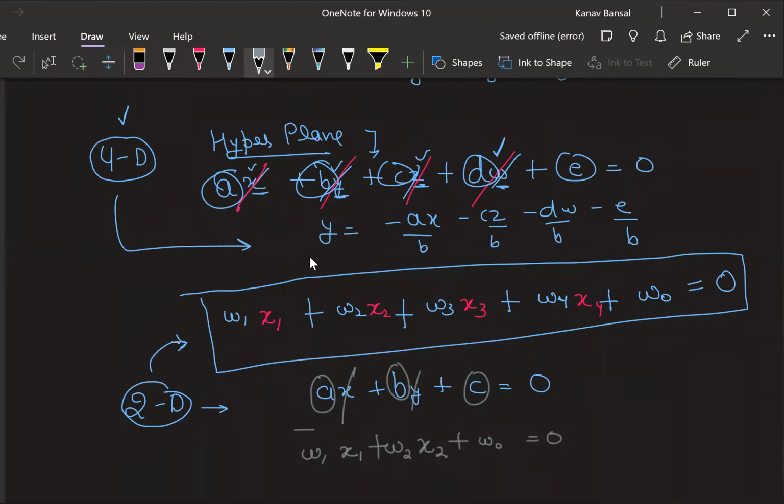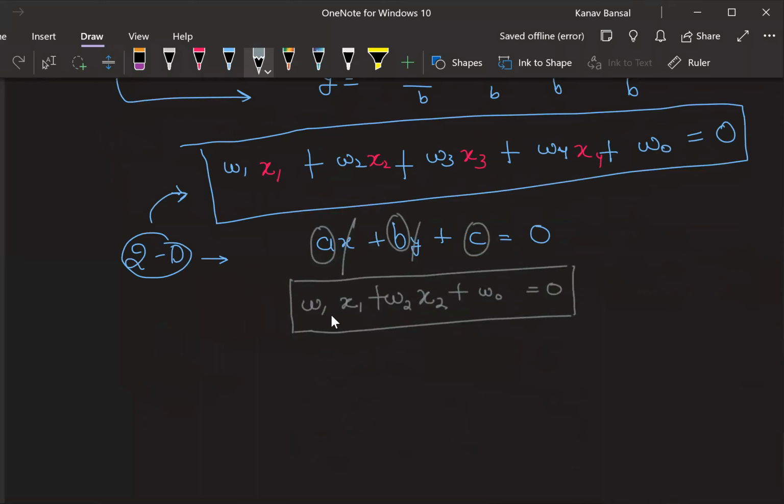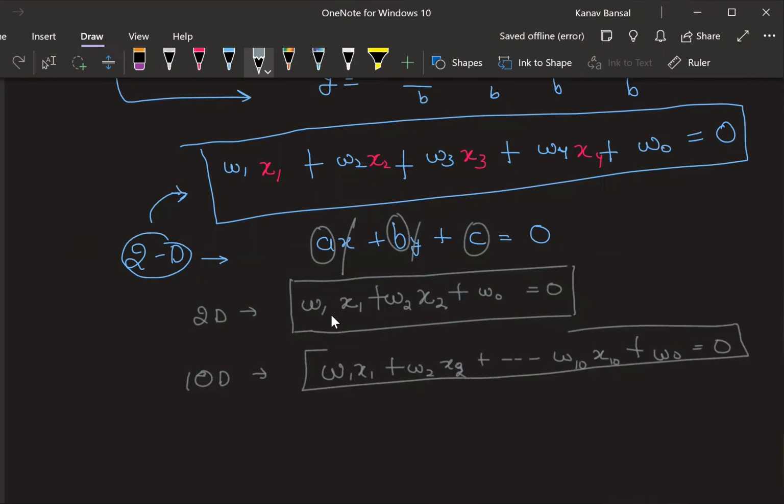Is it clear to everyone now? Is it clear that this is nothing but the general equation of a line or of a plane, right? So it is a two-dimensional equation. Now there are no worries, you can even write a 10-dimensional equation, which is nothing but w1x1 plus w2x2 plus w3x3 plus so on up to w10x10, right? x1 to x10, and then finally w0 equal to 0. We have generalized this entire equation so that it is easy for us to write. Everyone able to understand this?